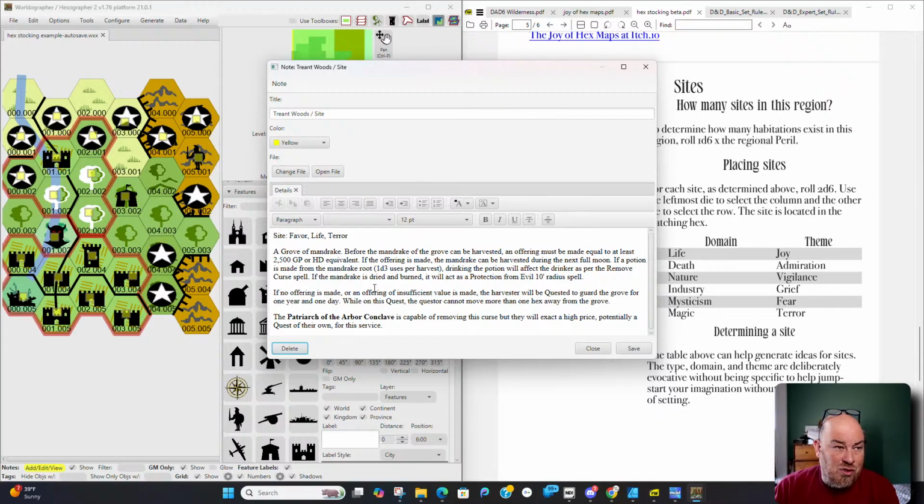Then we have a cost of 2,500 gold pieces or HD equivalent. Maybe I'd make that 250. I don't know. We'll see. I mean, people got lots of gold, so who cares? But you can also do some kind of HD equivalent if you want to sacrifice things. It's nature. It's kind of neutral in that way. It doesn't care. If you make an offering, then under the next full moon, you can make 1d3 uses of